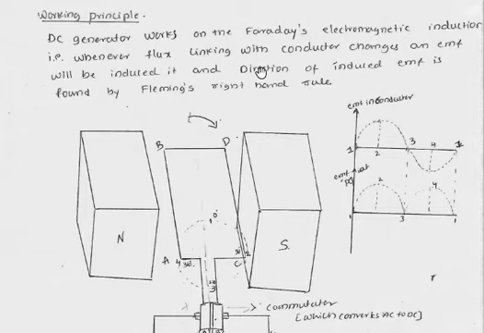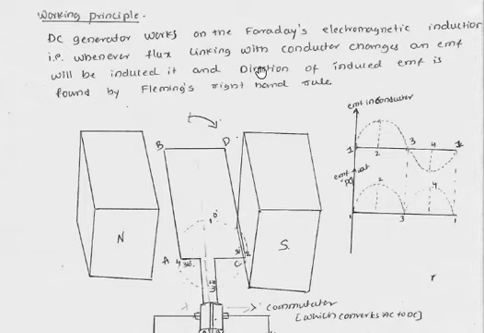Faraday's first law tells how EMF is induced, and Faraday's second law gives how much EMF is induced. When we want to understand the working principle, we use Faraday's first law, that is how EMF is produced, and if you want to derive the equation, we will use Faraday's second law, that is how much EMF is induced. The working principle for the generator is that whenever the flux linked with a coil or a conductor changes, an EMF will be produced in that particular coil or conductor.